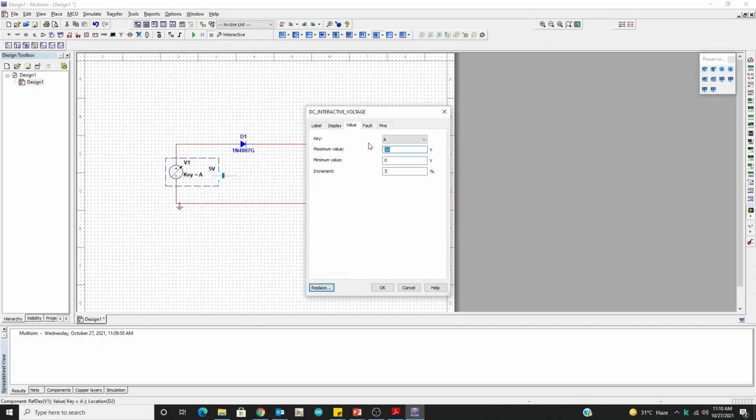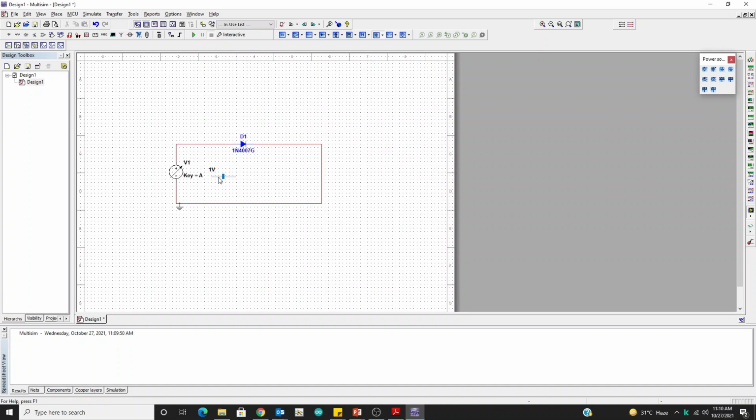Okay, so the voltage range will be from 0 to a maximum value of 2, which is enough for us, and the increment is 5%, so whenever we press A, it will increase by 5%. Now we are going to place a multimeter here in series to measure the current in the circuit. Okay, like this.